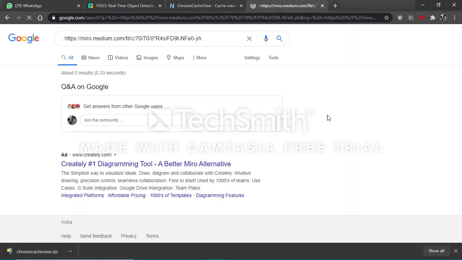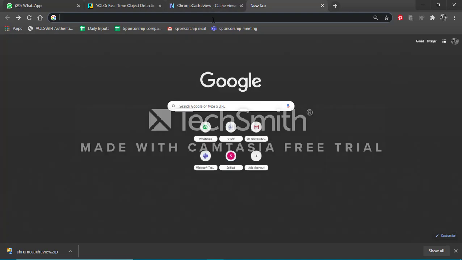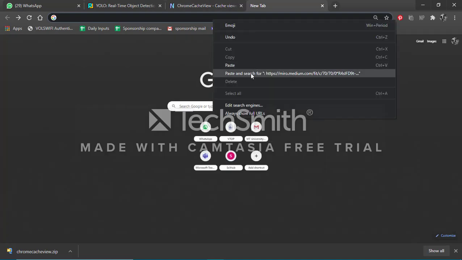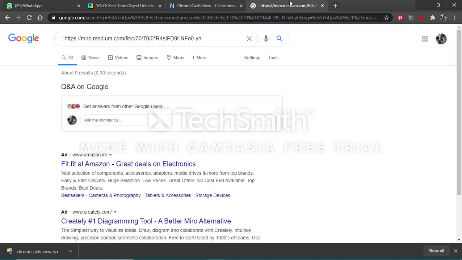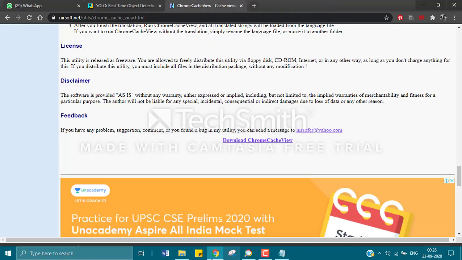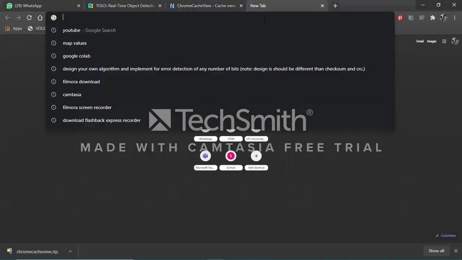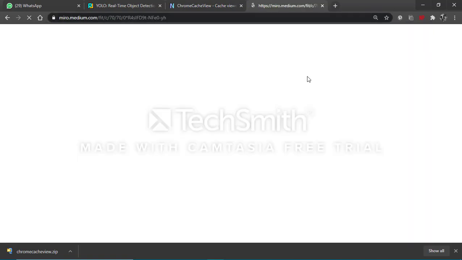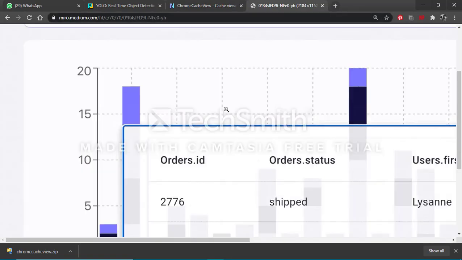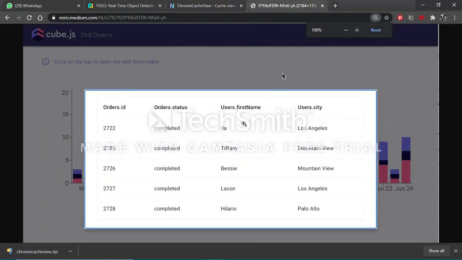We paste it over here. There's some defect. I guess we copied the wrong stuff. Okay, there's this colon. We just copy this again and paste it over here. So this is a GIF.